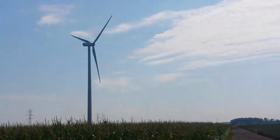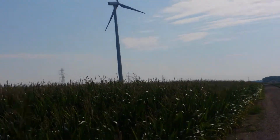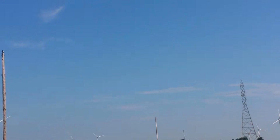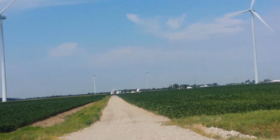It looks like all of them around here are spinning. I passed one earlier that was stopped. They can control these. Obviously, it's all probably computer controlled. But sometimes they don't need them all running, and so they'll shut some of them